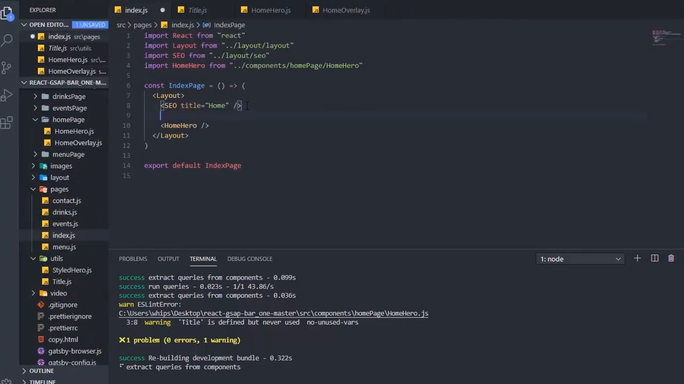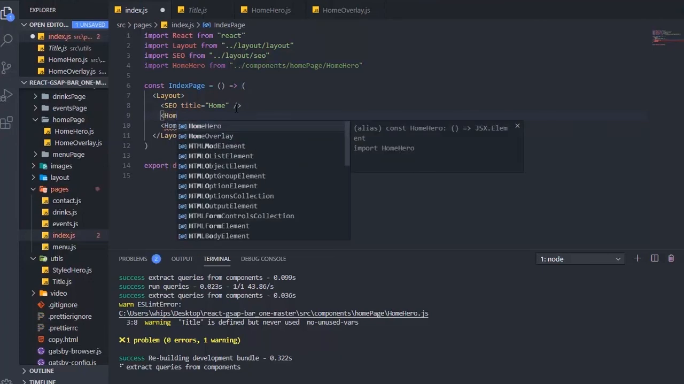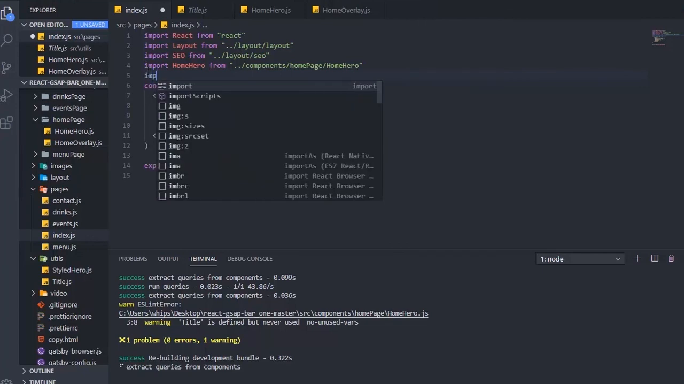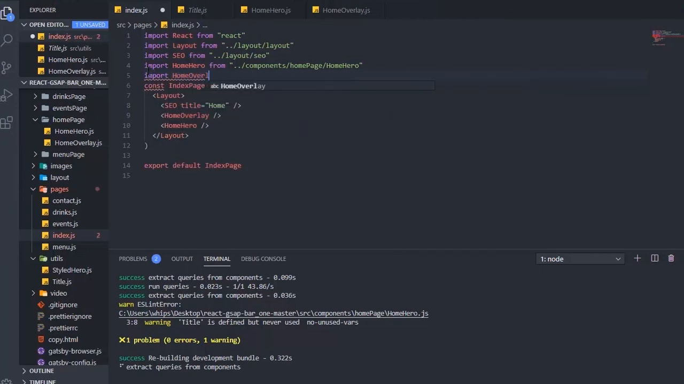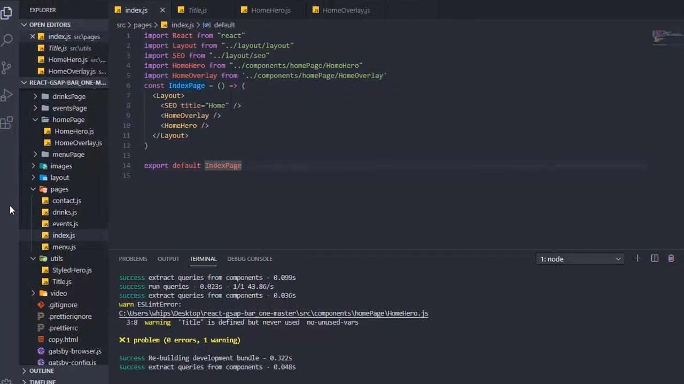And we want it in above. We want to cover it. Home overlay. And I don't know why this didn't self-import, but that's all right. We can just go up there and import home overlay. And that's from components, home page, home overlay. Okay, now if we go over to, well, first of all, let's make sure it's saved and we